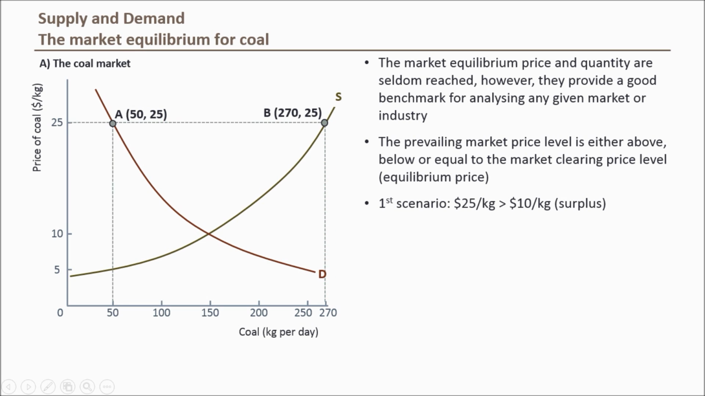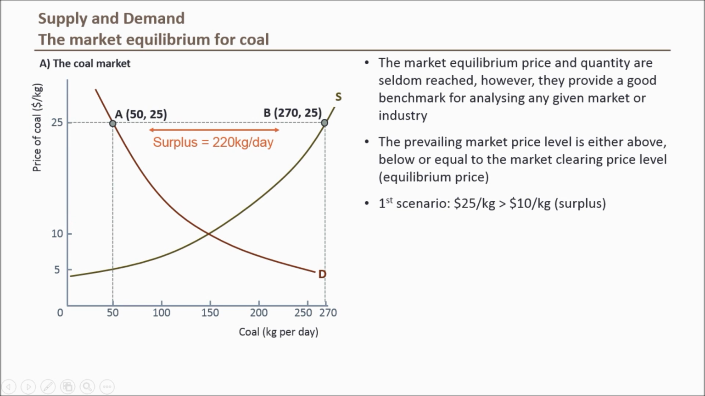However, a high price means that consumers may not be willing to buy a lot of coal and may turn to cheaper alternatives. At a market price of $25 per kilogram, consumers will only demand 50 kilograms of coal per day, as indicated by point B, which is much less than the 270 kilograms currently being supplied by the mines. This means that a surplus of 220 kilograms will remain at the end of each day. So when the market price is above the market clearing price or equilibrium price, a surplus of stock will be